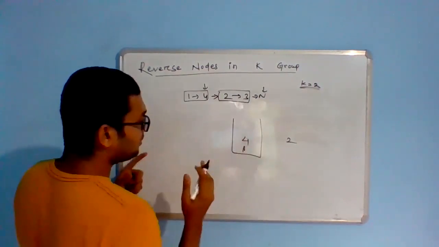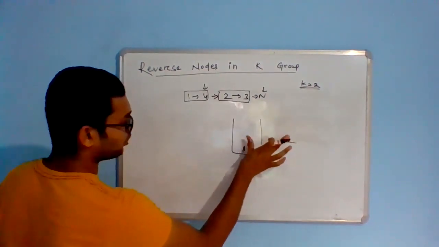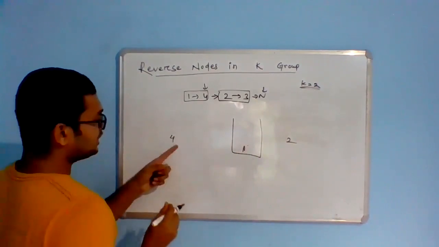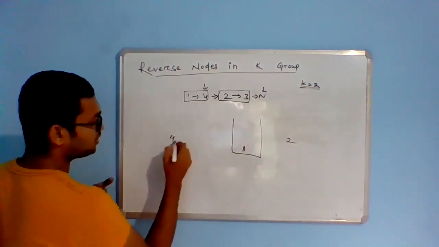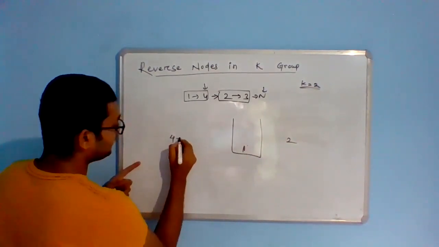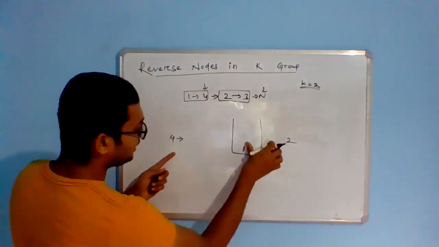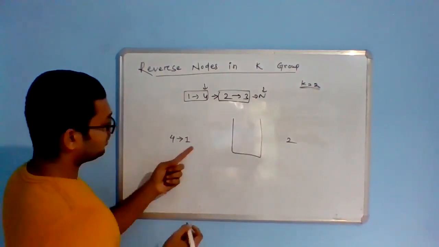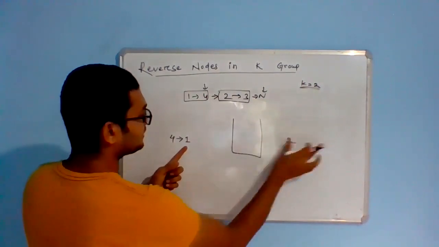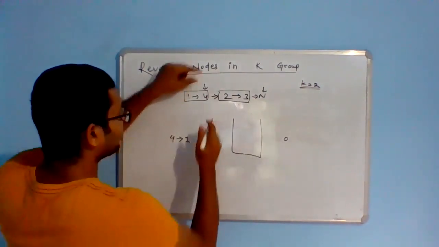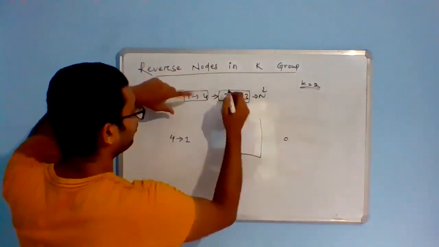So what we will do now is pop, and we'll create a new list whose first node is basically 4, and for its next we'll pop again and push it right here. Then, since the stack is now empty, containing 0 elements, we'll continue the same process for the further nodes.